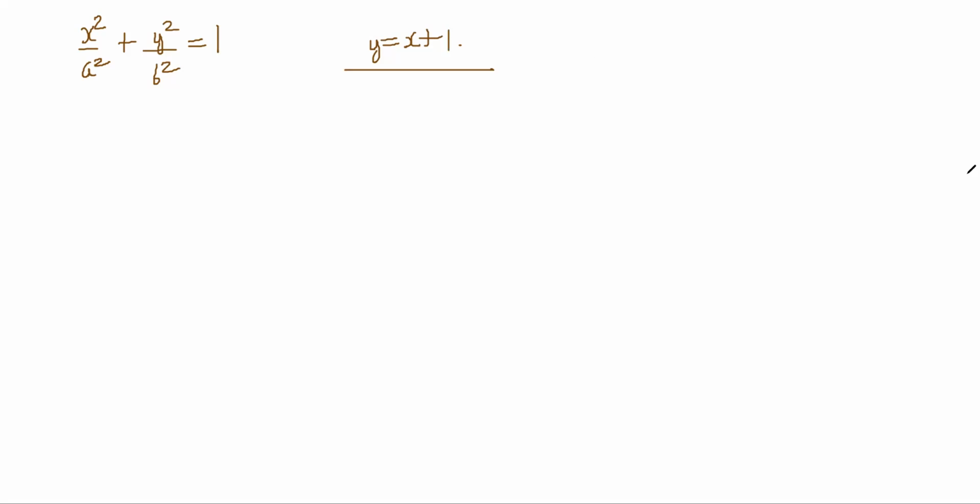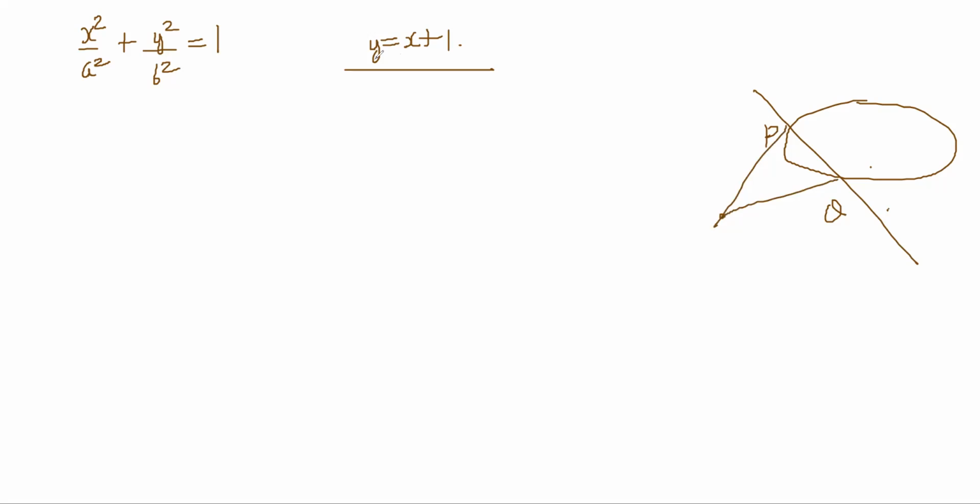Now, what I'm trying to do here is, instead of finding P and Q, I'm trying to solve the line and the ellipse, but not really solve it. Use the two equations to get the OP-OQ equation. I know that OP-OQ has to become a homogeneous equation, right? This is currently not a homogeneous equation. Why? Because 1 is a constant term.